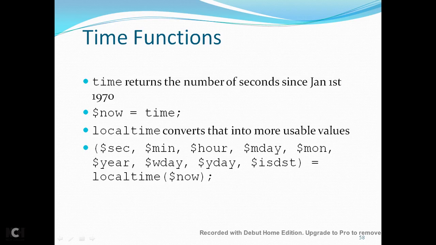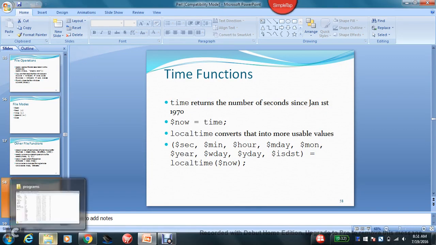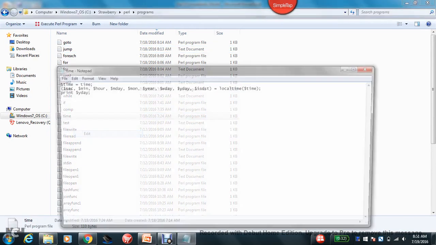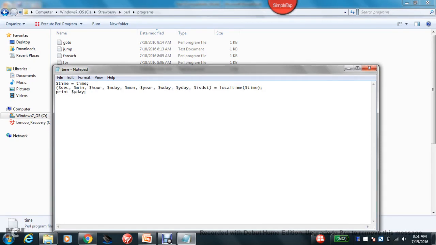Now let's see how it works by writing a program. Let me open this time script in edit. Here I can see $time, so it is trying to print the time here. First I will print: the present time is $time, with a newline \n, and I will add it. Here I can print individual variables. So print